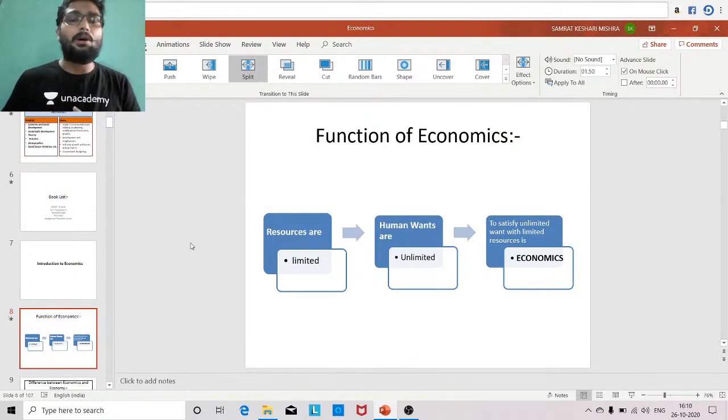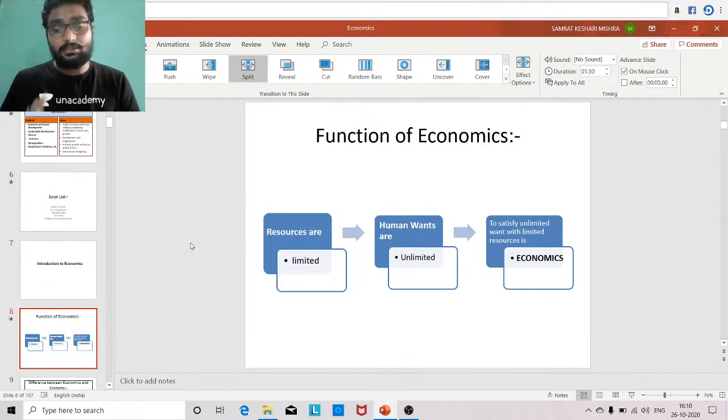So now let's discuss the characteristics of both human want and resource. Human wants are unlimited. This is a very basic proverb that we use in economics. Human wants are unlimited. What does that signify? It means, giving you one example, let's say today a person is working for communication and transportation purposes,